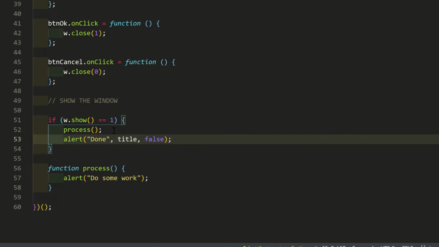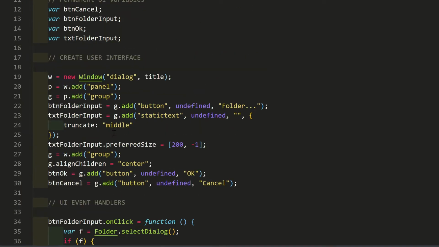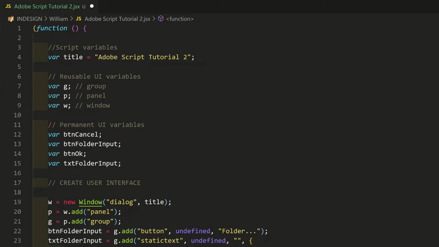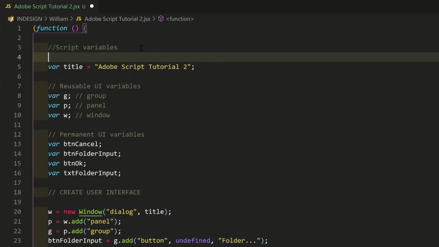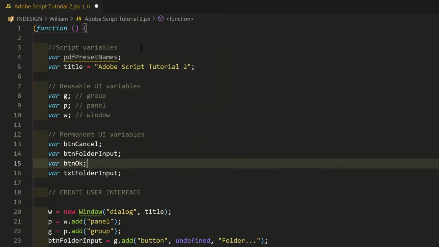Now let's add to the interface. To export PDFs, there should be a choice of PDF preset to use. For this, I'll use a new interface control, the drop-down list. But first, add a variable to hold the preset names. Var PDF preset names. And a variable for the new interface control.